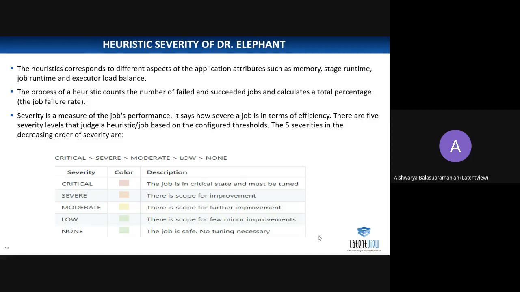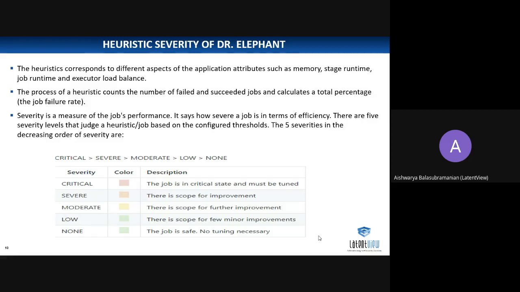Only after that, second time, all the failed and succeeded applications, it will take from the Spark history server, gather all the metrics, analyze those, run the heuristic rules on top of it, and then generate the results and the configuration parameters. And you can also set thresholds. Okay, after this, if it goes, then put it in this particular severity.